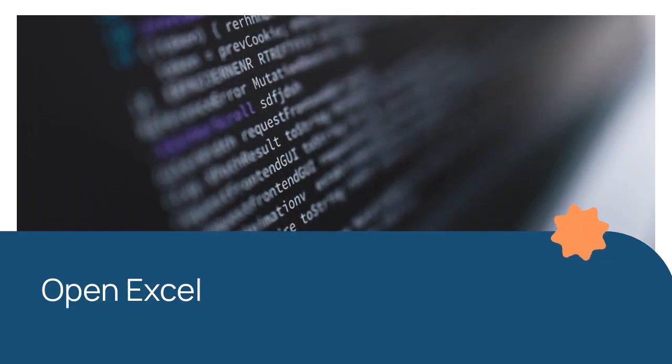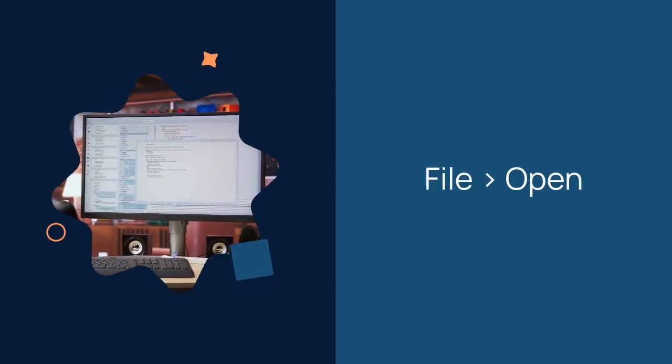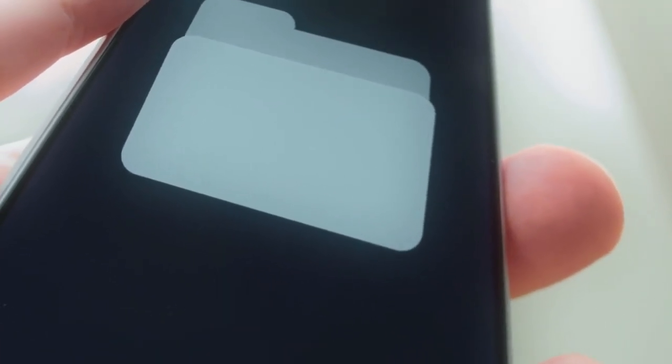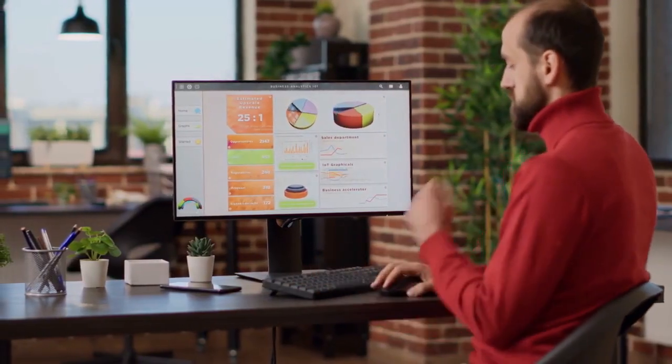Once the export is complete, open Excel. Go to File, then Open, and navigate to where you saved your CSV file. Excel will display your calendar entries, with each detail like subject, start time, end time, and location organized into separate columns. You might need to adjust column widths or apply some basic formatting within Excel to make the data more